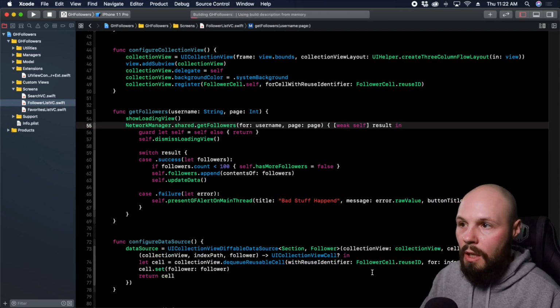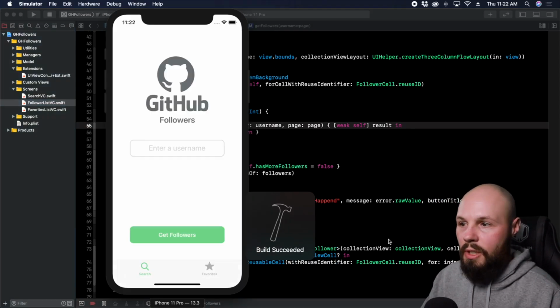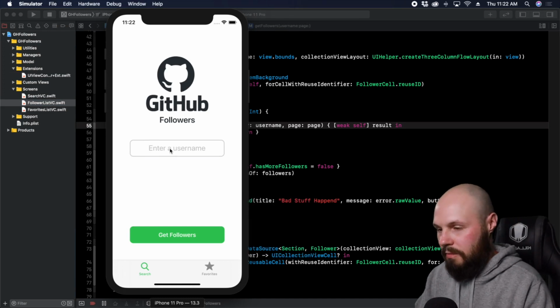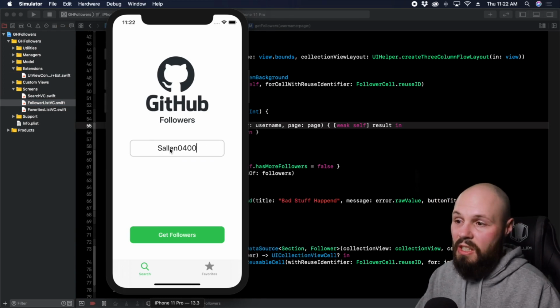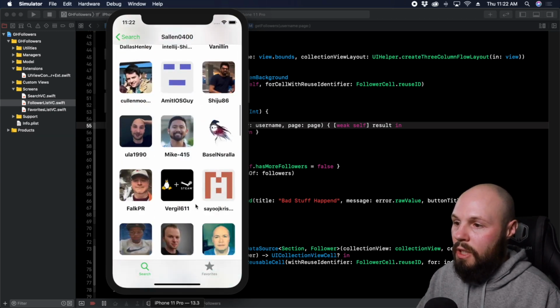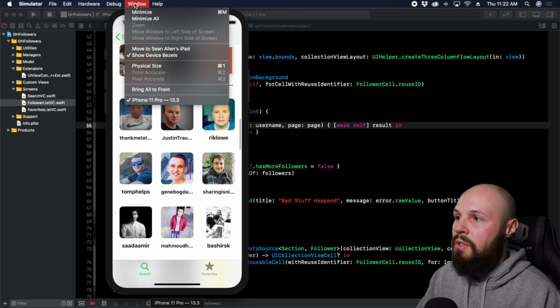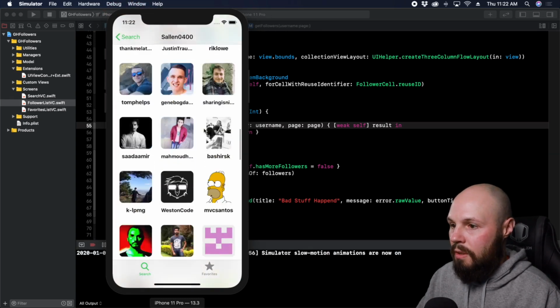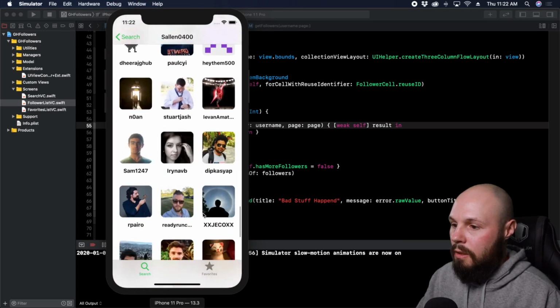So now when we run it, our loading view should dismiss. And because I'm on a pretty fast connection, it should just dismiss real quick, if you even see it on the initial load. Okay, you see it for a little bit. Now watch when we go to the, I'm going to actually slow down animations. So Debug, Slow Animations, scroll down, and then,